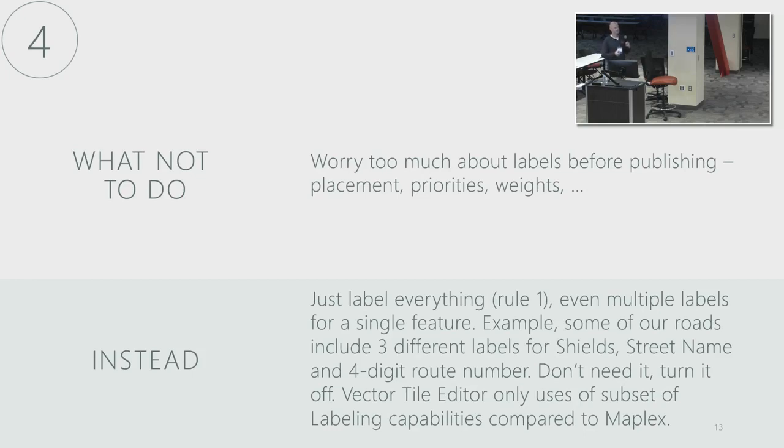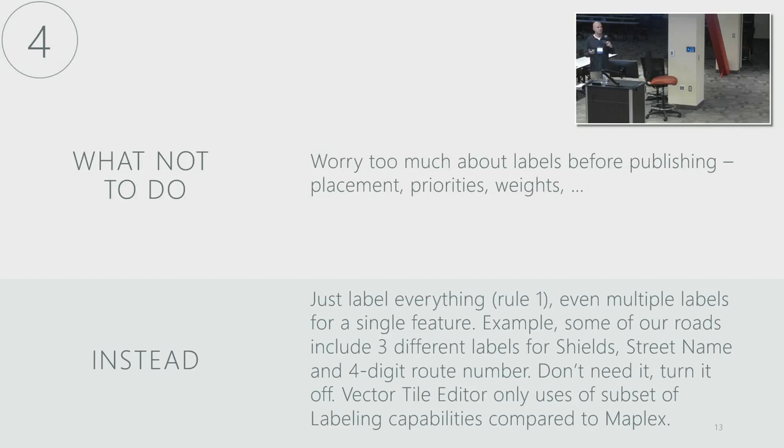Because what happens is it doesn't use exactly the same labeling engine as Maplex in Pro. So it does a lot of things a little bit differently. So if you think it's going to be kind of one-for-one from your ArcPro to your vector map, you're wrong. So you're going to spend all that time worrying about it, or you might not turn the label on, that kind of stuff. And it's just easier to mess with it later. Turn it right off. If you don't like it, there's a switch, turn it right off.